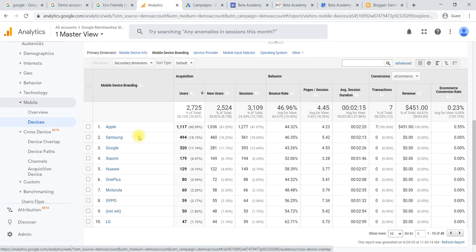Your website is not mobile friendly, so customers have been closed down, and they have been logged in through a laptop or desktop. In the sense, you have to change your website structure in such a way that it should be friendly on mobile also. That cross device data, this is a beta version. Right now it is not available.